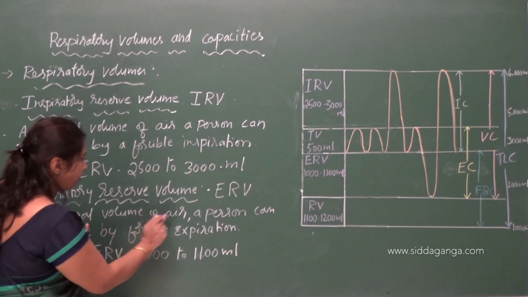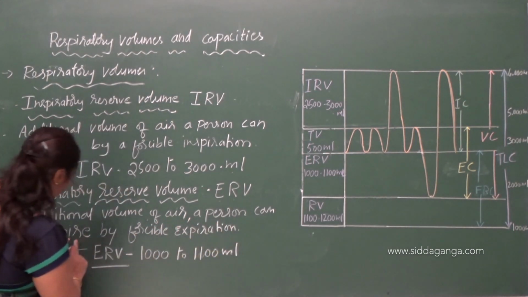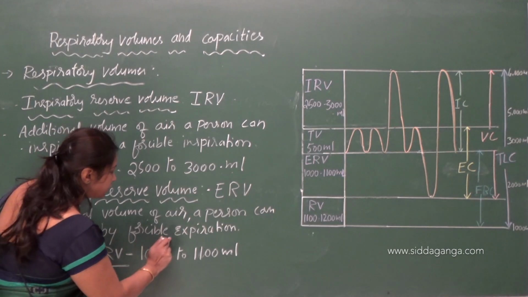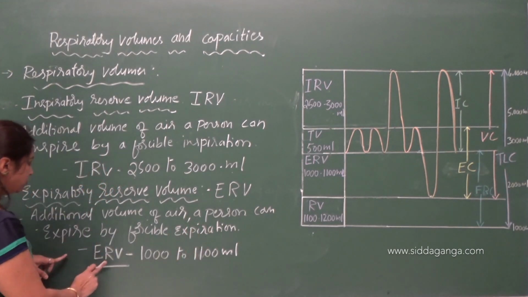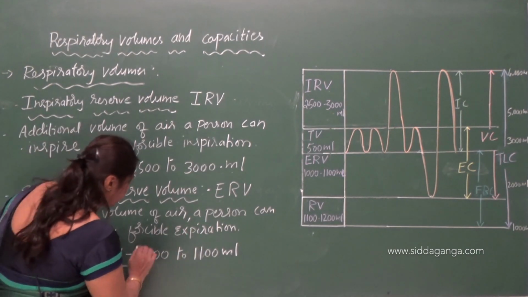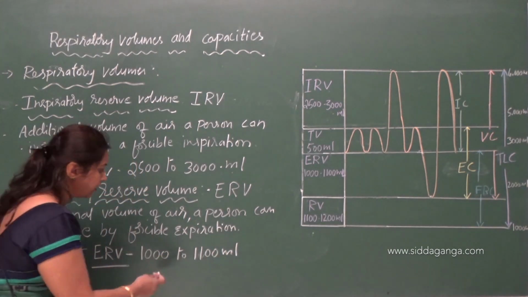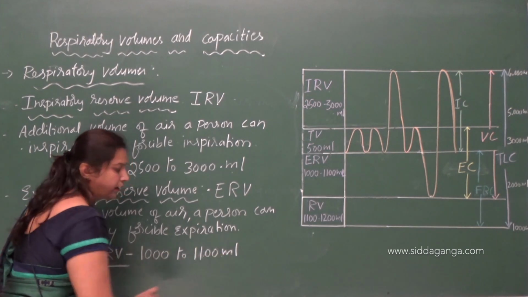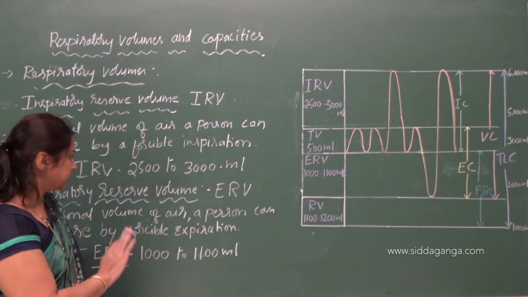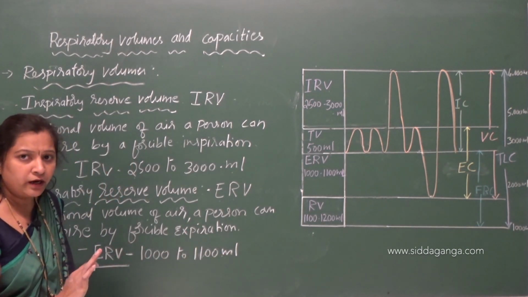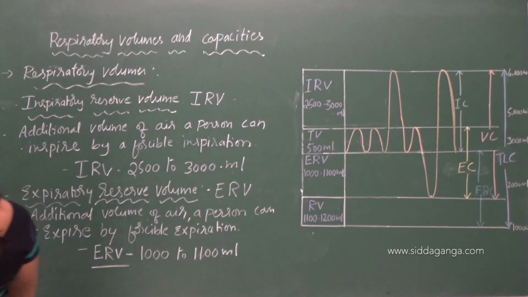Additional volume of air a person can expire by forcible expiration, that is 1000 to 1100 ml. So this is the expiratory reserve volume. Understood clearly? Now next is